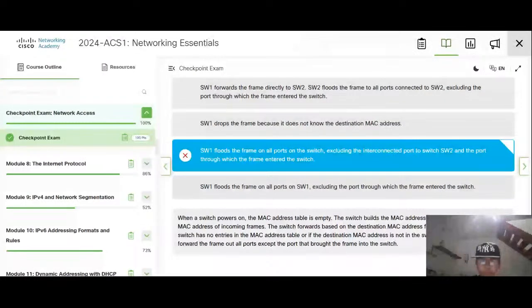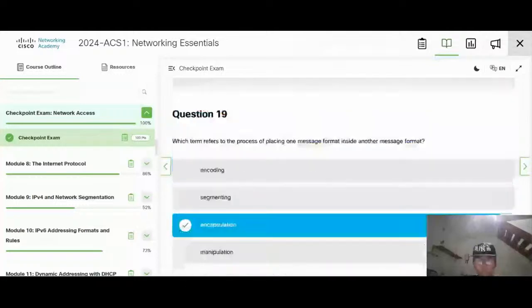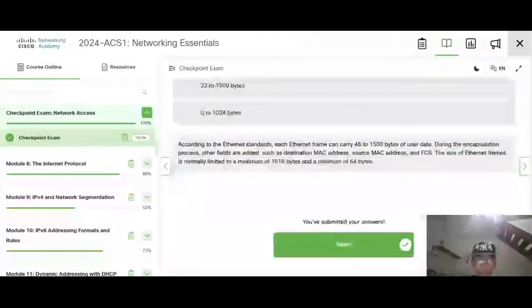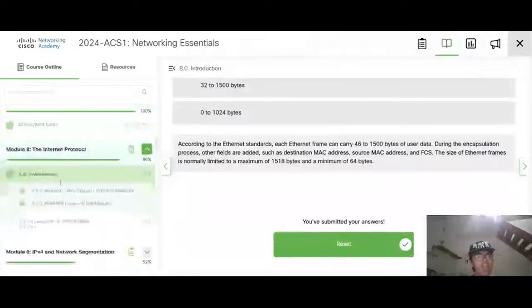So it will forward the frame directly to switch 2. Yeah, I got that. Okay.